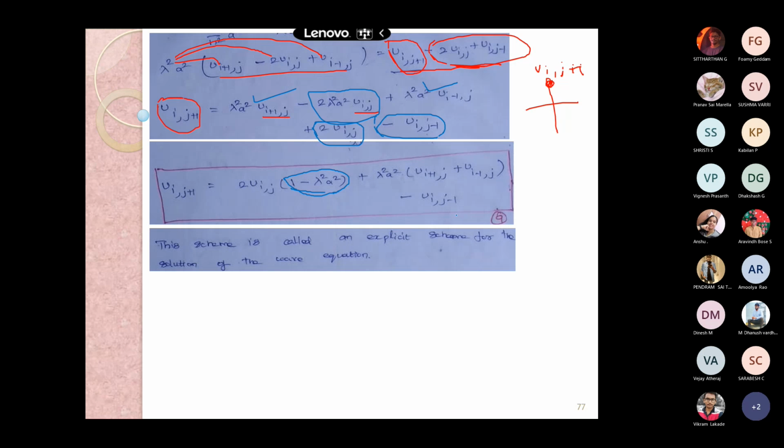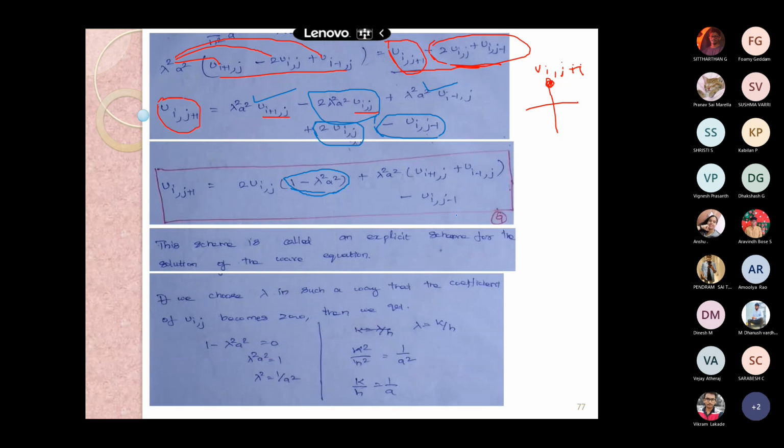Therefore, the derived scheme is an explicit scheme which is used to solve the wave equation. And further we can dilute this wave equation, since in Crank-Nicolson we took lambda as 1. While taking lambda as 1, the entire formula reduced to a particular form, and with that form we solved the given mathematical equation and given physical phenomena. In the same way, here also we are trying to dilute the enlarged version of the wave equation.